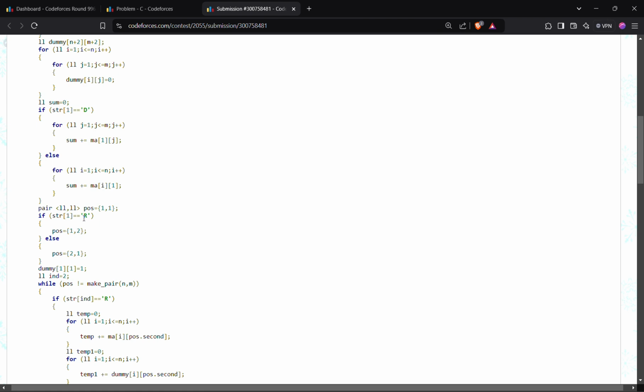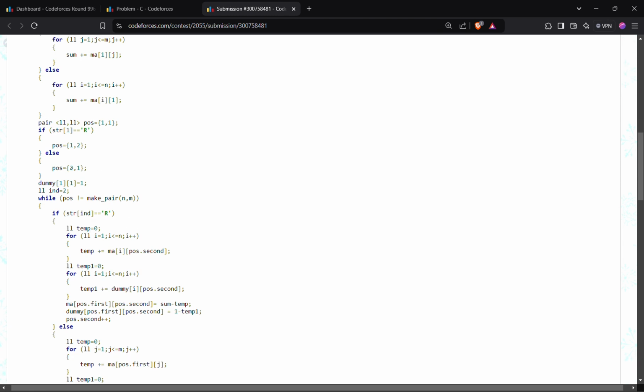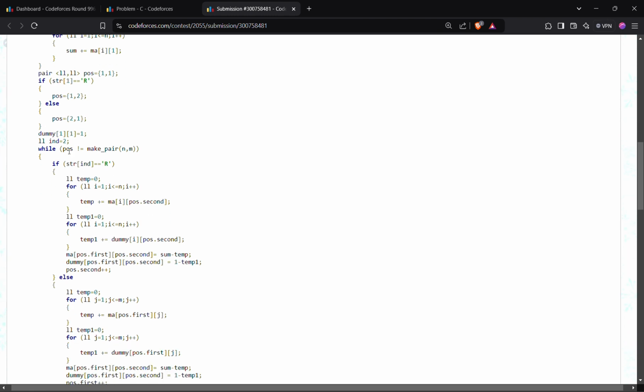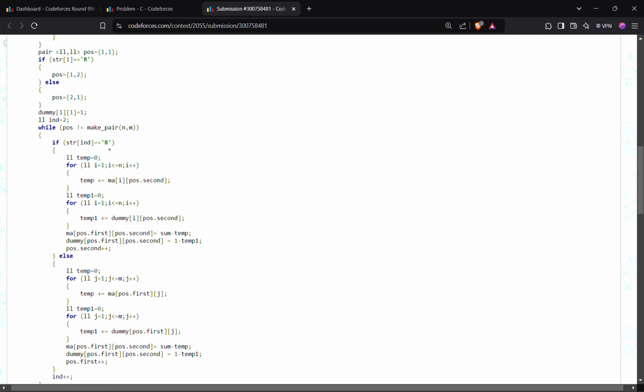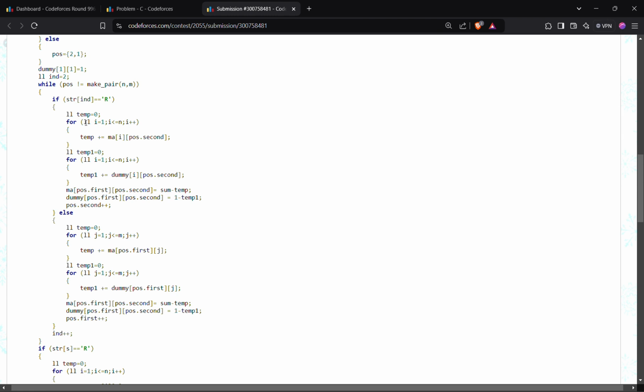Okay, so basically if it is r, we have moved to the right, and if it is down, we have moved down. Okay, so we will start from index equal to 2 to start our navigation. While I don't make it to the last index, the last cell of the matrix, I will continue this while loop. And if my current step is towards the right,